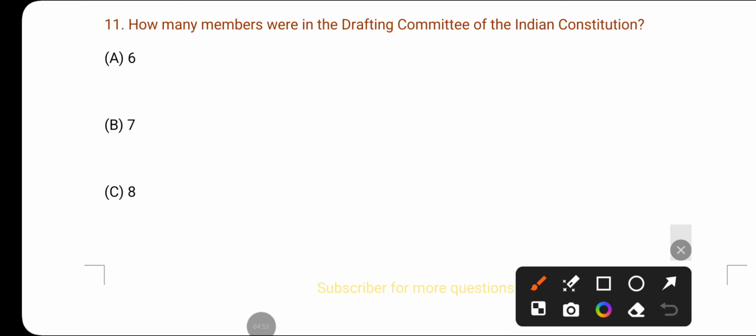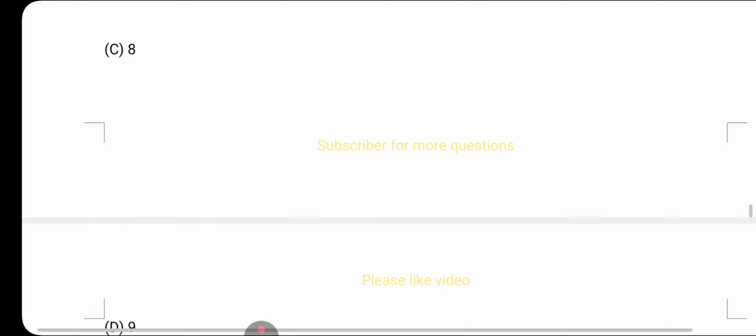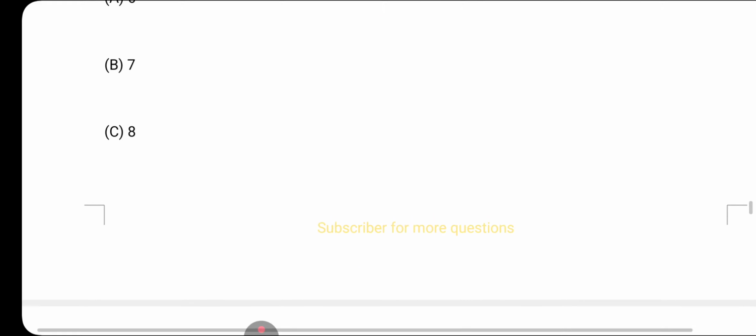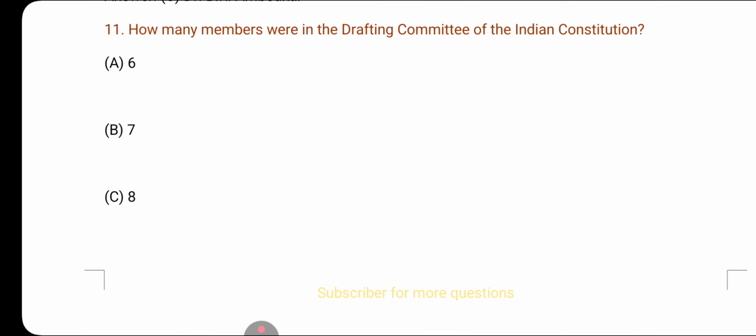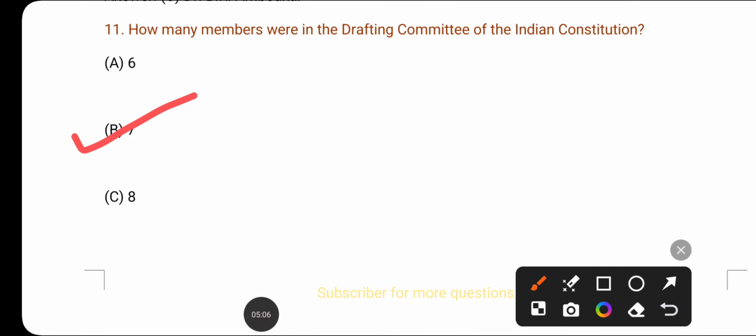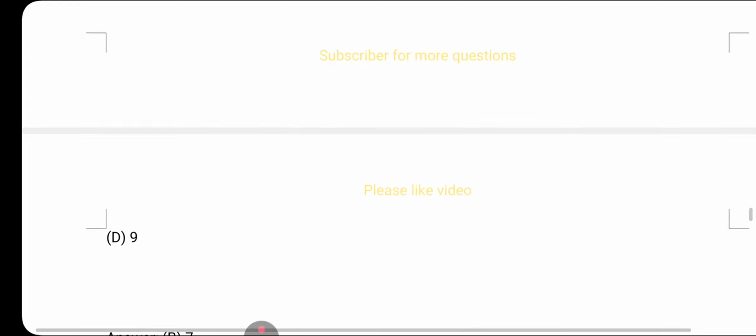Drafting committee of the Indian Constitution. Option A is 6, option B 7, option C 8, option D 9. The correct answer, friends, option B, 7 members in the drafting committee. The chairman of the drafting committee, I tell you, was Dr. Bhimrao Ambedkar. And next question, friends,